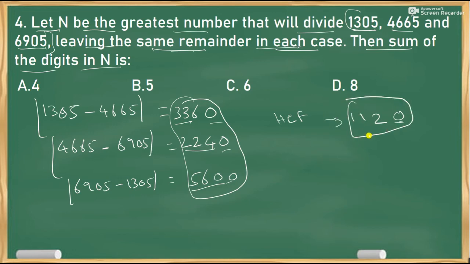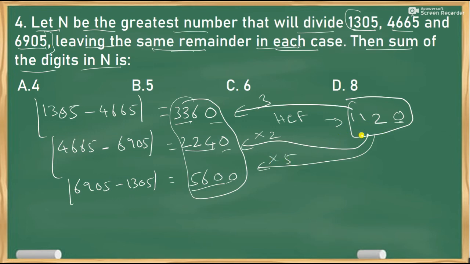But how to verify whether these numbers actually are multiples of 112? Now if you multiply this 112 by 2, you will get 224. Now 1120, 10 gets out. In the similar way, 112 into 3, I'll get this. Now 112 into 5, if I do, definitely I'll get 5600. So my assumption is correct. So the HCF of these three numbers is 1120.